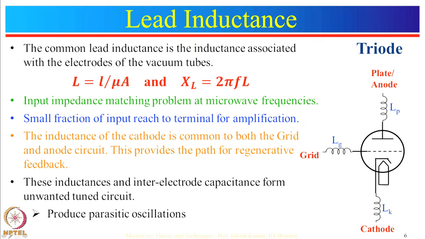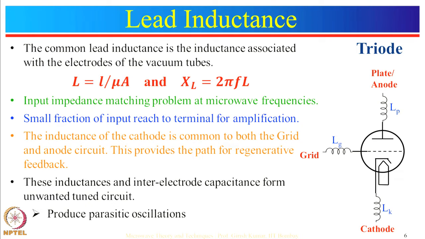Now, in general, the inductance of a conducting wire is given by capital L is equal to small l divided by mu A, where small l is the length of the conducting wire, mu is the permeability of the material and A is the cross section area of the conducting wire. And the inductive reactance is given by XL is equal to 2 pi F L. That means XL is directly proportional to frequency. So, as frequency increases, inductive reactance increases, and at microwave frequencies inductive reactance is very high,